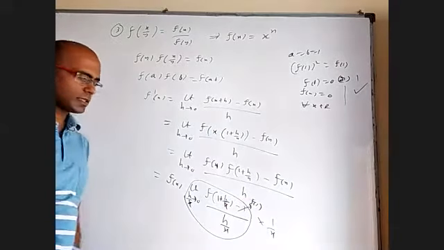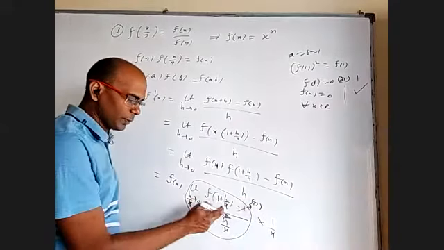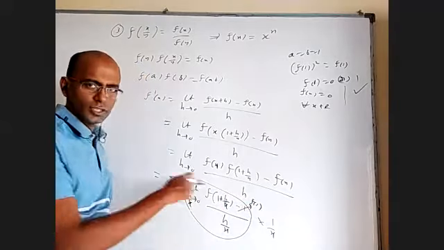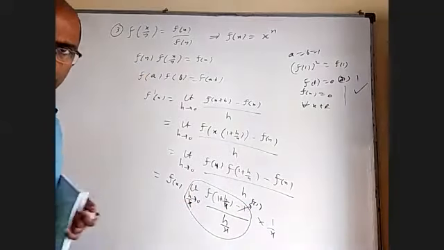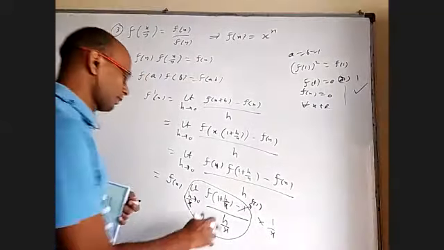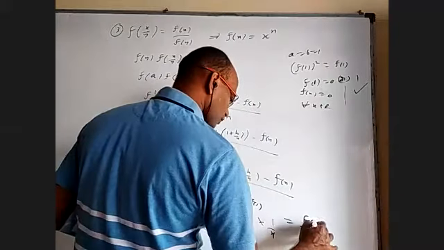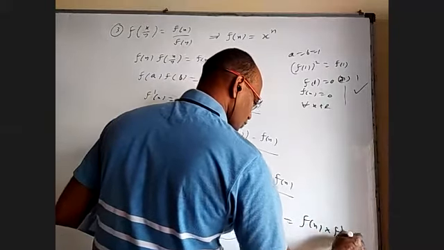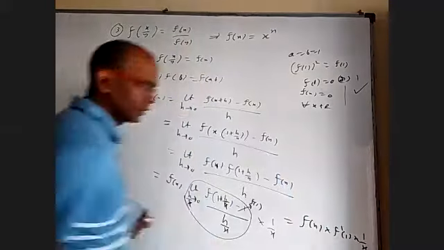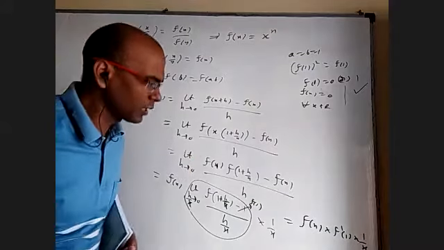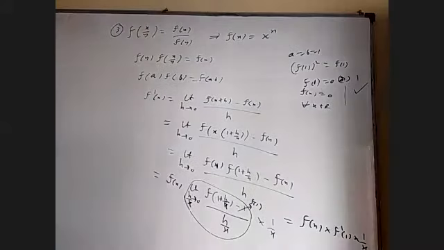Okay, now you can see that the limit of f of (a plus t) by t as t tends to 0 is f dash 1. You're able to see it is f dash 1 now? Yes. So this will be f of x into f dash 1 into 1 by x. But okay, what is f dash 1? I'll call it some k. I know what k is, but I'll talk about it later.